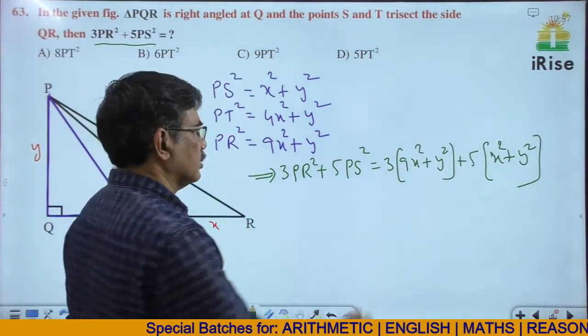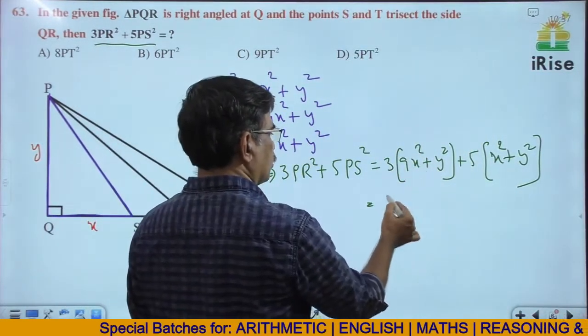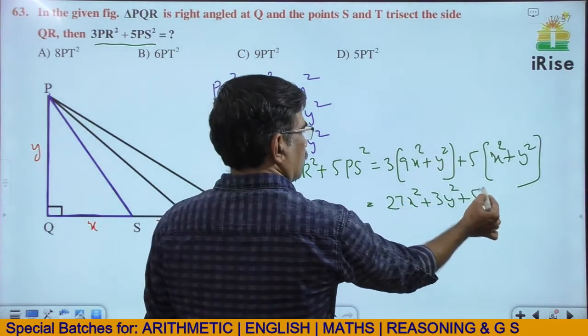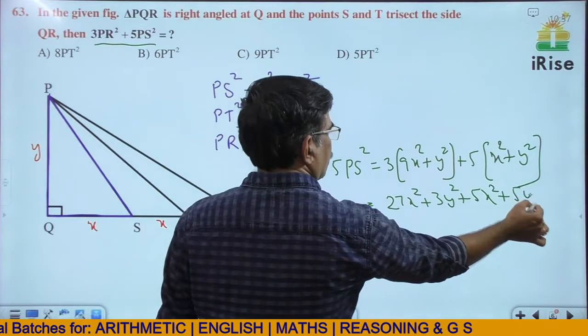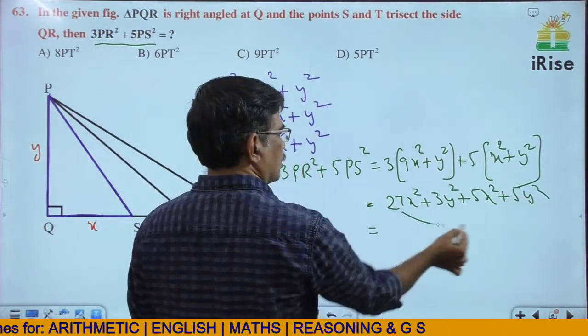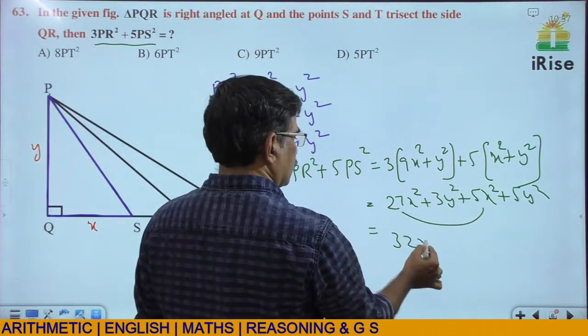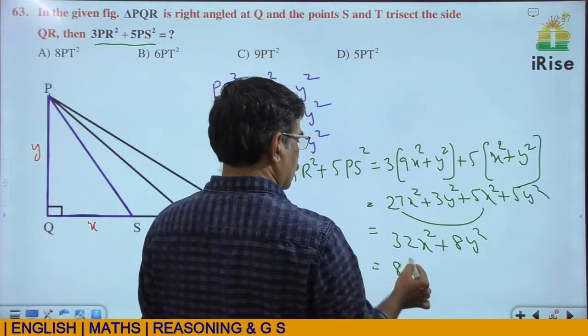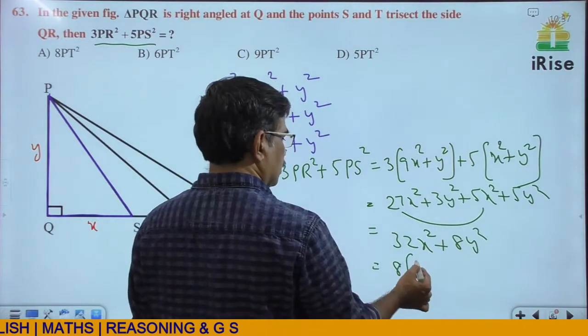Substitute in this and simplify. This is 27x square plus 3y square plus 5x square plus 5y square, which is equal to 27 plus 5, 32x square plus 8y square. I want to take 8 common. Then what do we get here? 8 fours are